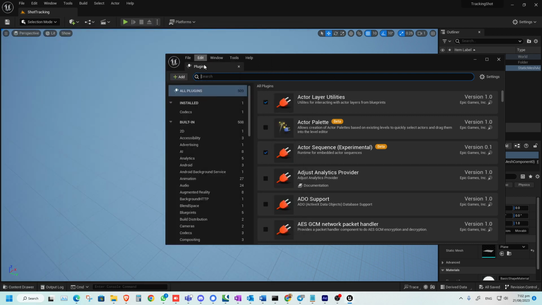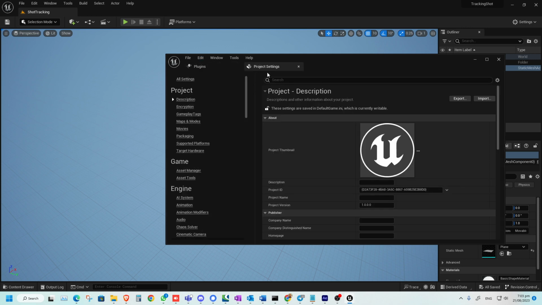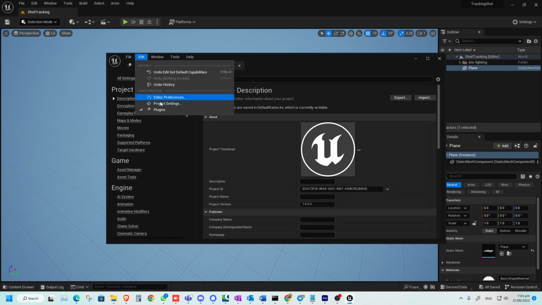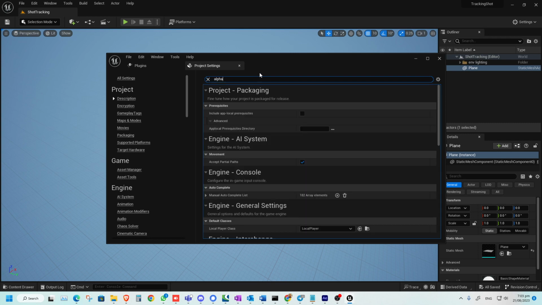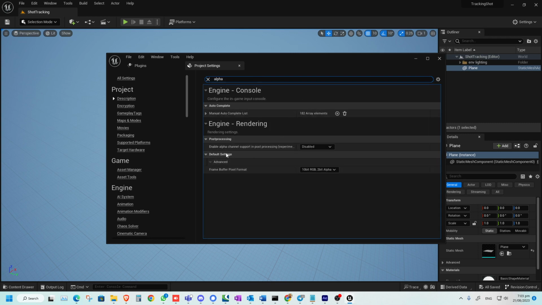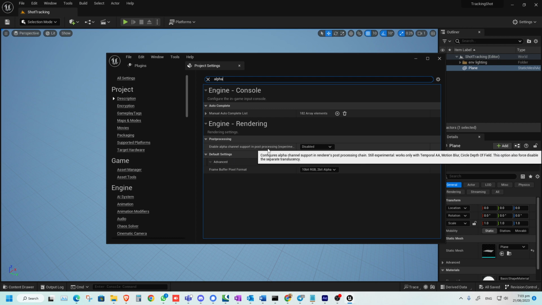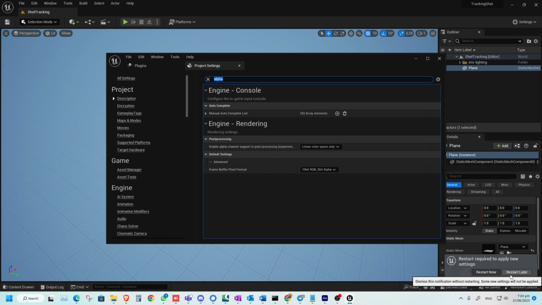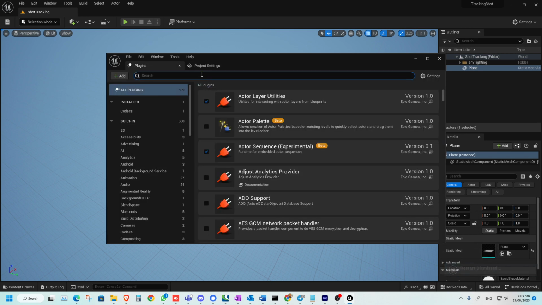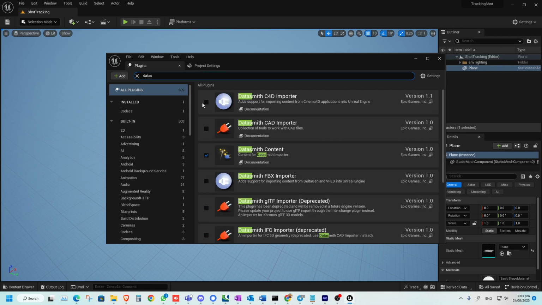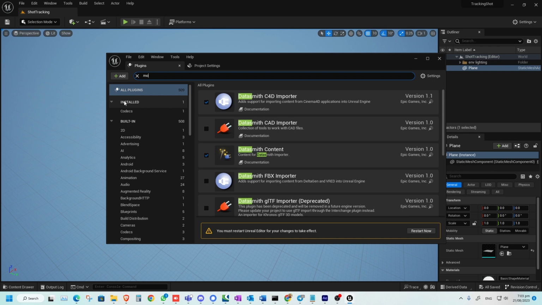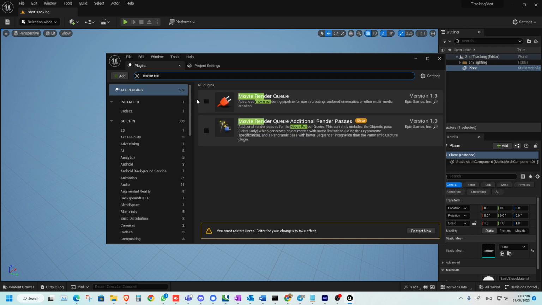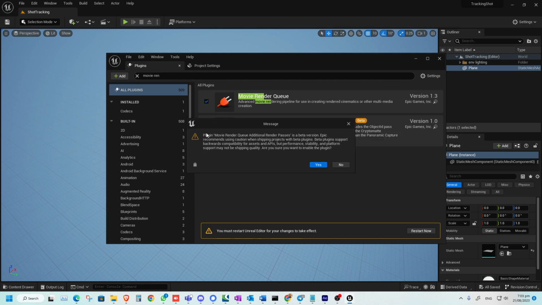So first of all, let's do the one that is for the project settings. You go to Edit, Project Settings and search for Alpha, and then make sure you set Enable Alpha Channel Support in Post Processing to Linear Color Space. It tells you, do you want to restart now? I say later because I want to load plugins, which is Datasmith, Cinema 4D importer, and also Movie Render Queue with Movie Render Queue additional passes,